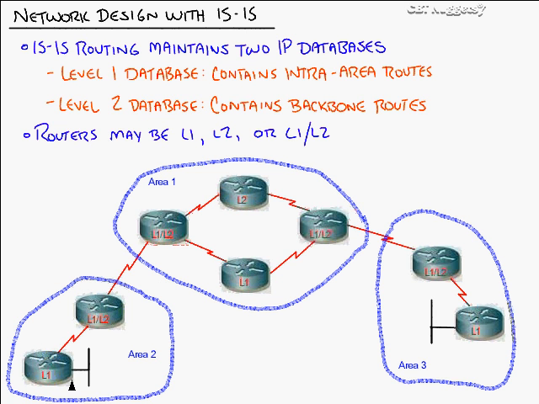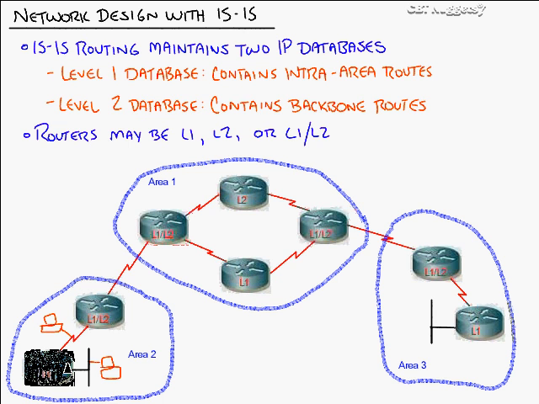Here's area 2. Let's start down here. This is a level 1 router. The level 1 router knows how to get around area 2. But let's say we have a host connected right here off of this Ethernet segment, and its default gateway is pointed to right here. When it's saying, okay, I need to get to a host, and pretend this WAN link is some very odd WAN link that has a computer connected to it, it's going to go to its default gateway, and it's going to say, oh yeah, no problem, that's in my area, I know how to get there,